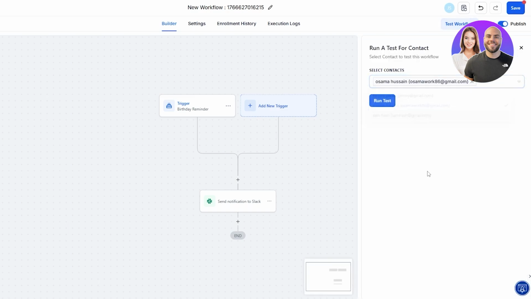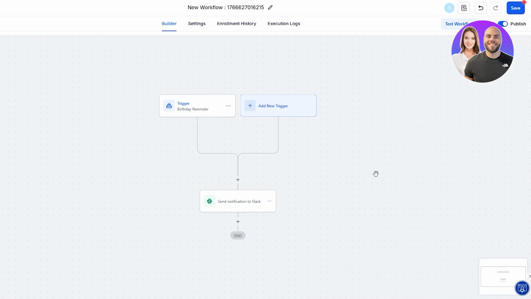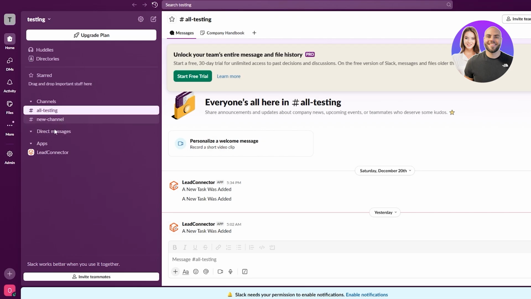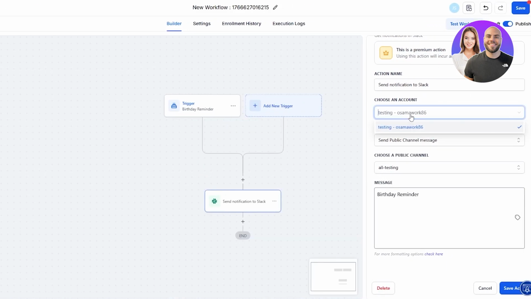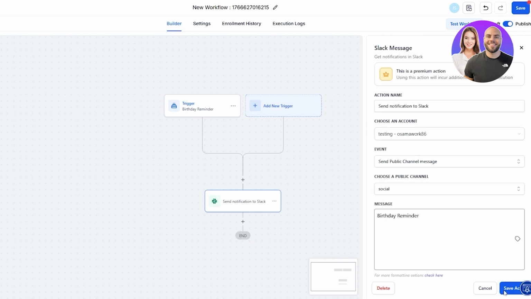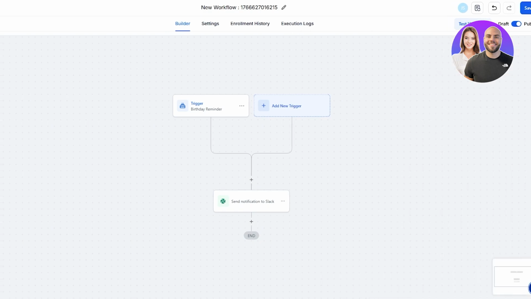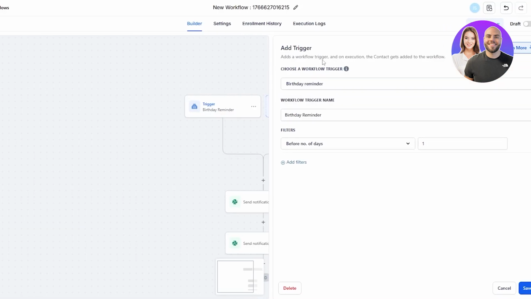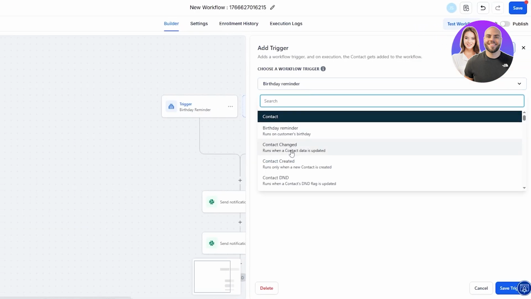I'll click on the contact and maybe other ones as well. Select all of them and click on run test. All right, so it should be popping up here any second. After all, it is testing, is it? And yep, public, all testing or social. Let's go with that one. Click on save, select the contact, click on that one, click on run test. Yep, that's the workspace. Forgot we need to go ahead and add a birthday as well,